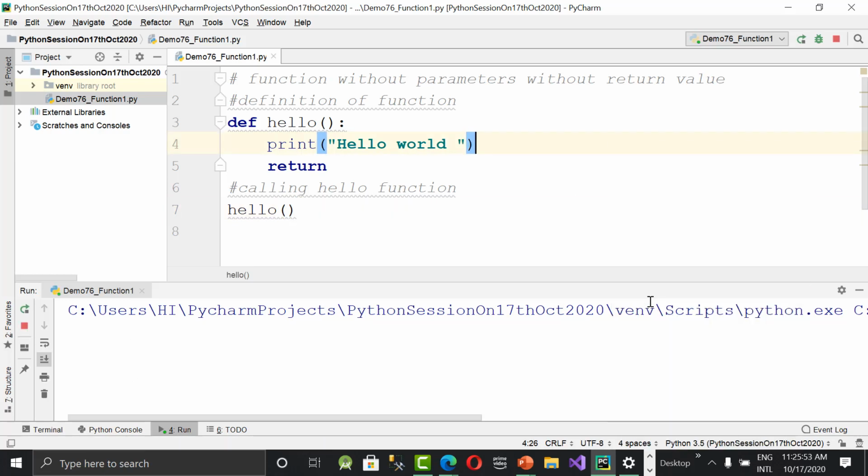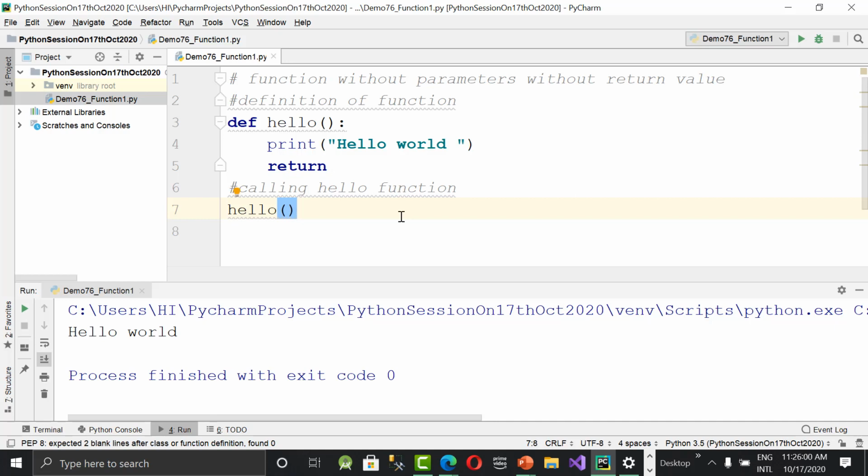So what are we returning now? We are not returning anything. But we can write a return statement, though we are not returning a value. If you look at other languages like C, C++, Java, if you write return, you have to give some value. It might be an integer or a string or a float or whatever. Then only it is valid in other languages. But in Python, though you're not returning any value, you may write the return keyword or you may skip it. So it is completely optional. This point we need to remember.